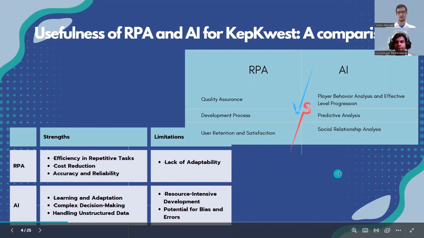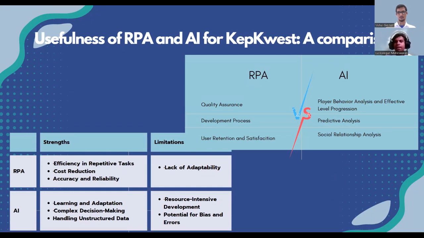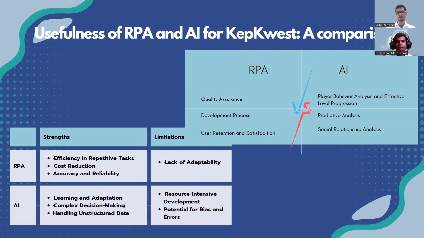And also it can make complex decisions, which a simple human can't make. And when we apply RPA, we might only use structured and semi-structured data. But here AI can learn unstructured data as well. But if we were to use AI only, it might be resource intensive and there may be potential for bias. So how we can face this limitation is we can create a synergy where AI and RPA